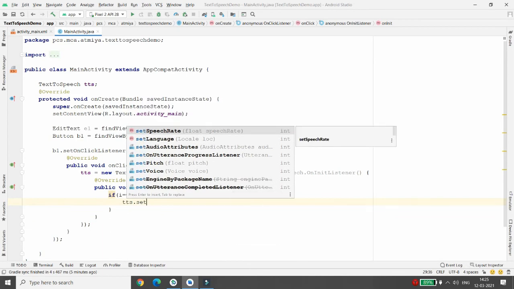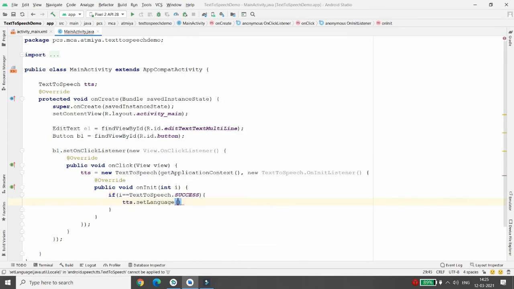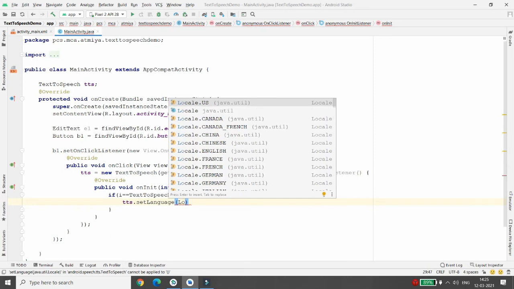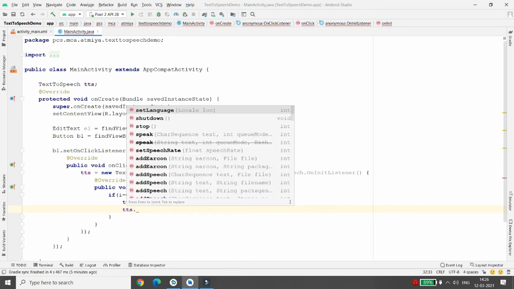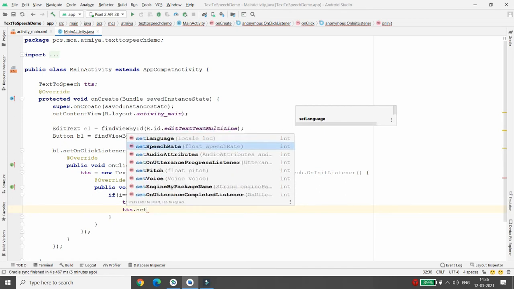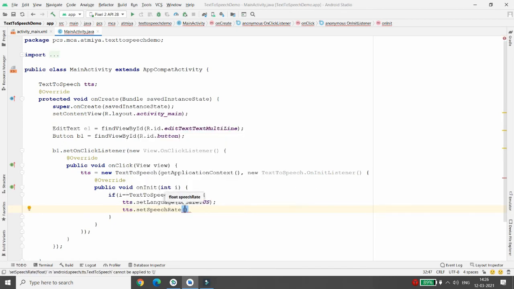So you can write tts.setLanguage. And here you can set the language. For example, if you want to set US, Canada, China, English, whatever language you want to choose, you can. I'm setting the language that is Locale.US. Then you can set the speech rate. For example, if it is a normal speech, then you can set the speech rate to 1. So I'm setting TextToSpeech.setSpeechRate, and that is 1.0f.